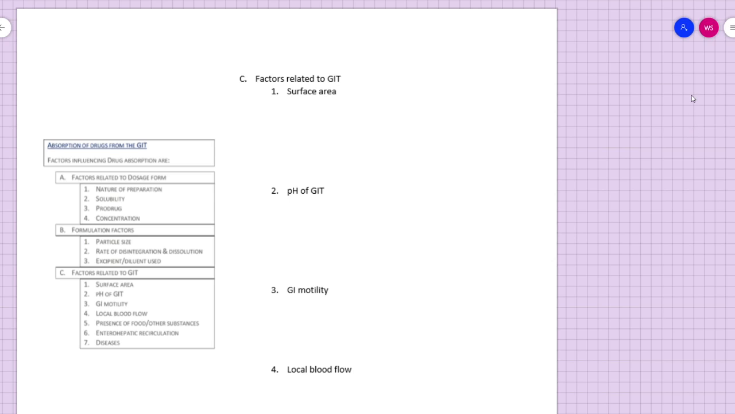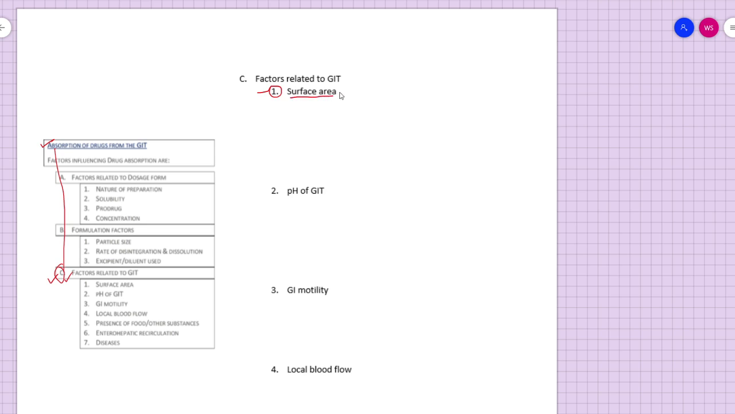Now let us look at the next factor, and that happens to be factors related to GIT. So we are looking at the factors that influence the absorption of drugs from the GIT. Okay, so now we are going to talk about factors related to GIT. The first factor that we're going to consider is